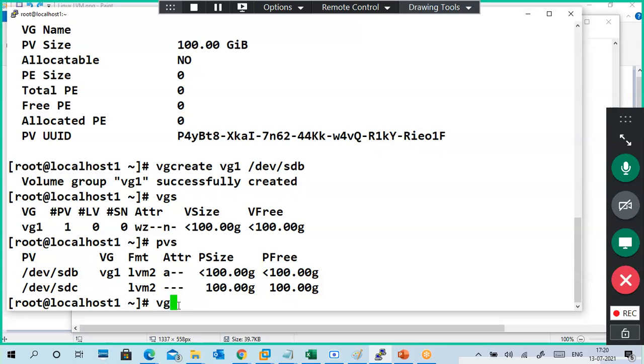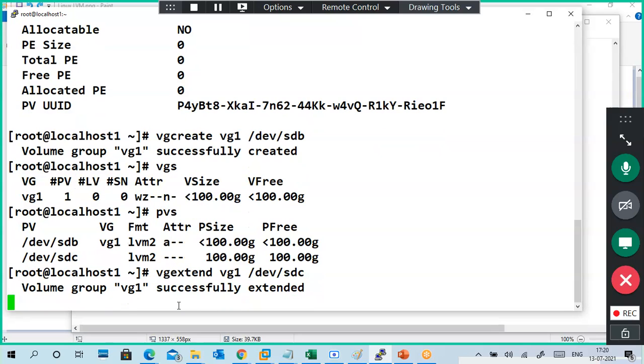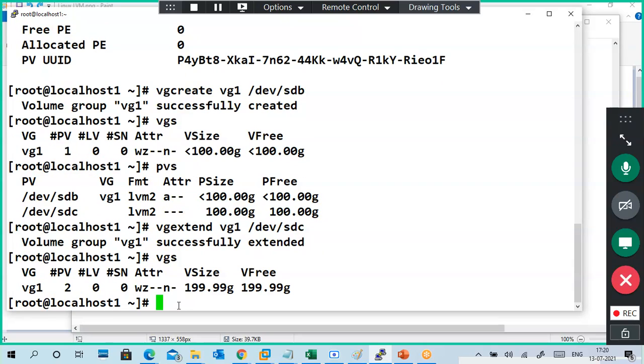Now vgextend vg1 /dev/sdc. Now I add sdc to vg1. Now what is my volume group size? 200 GB. The volume group increases by adding an extra hard disk.